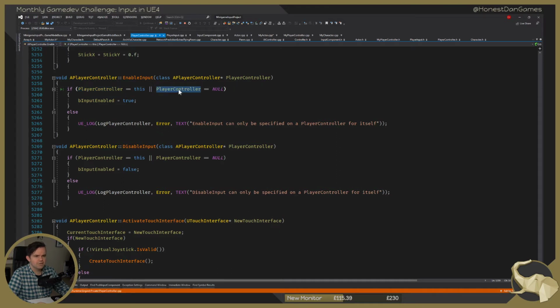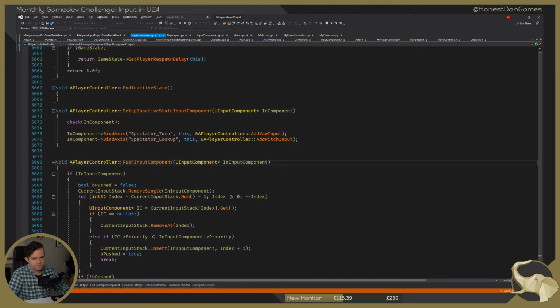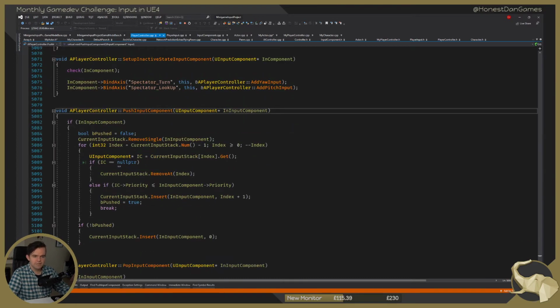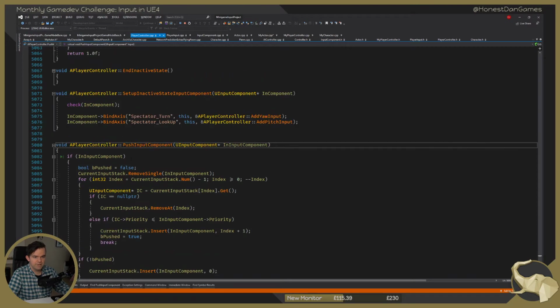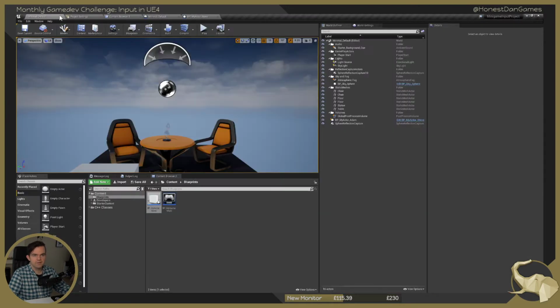So if it's null or it's the current player controller, then you can. Okay, well, we can just call it with null, I guess. It just feels a bit weird to do a function call like that, but we'll go with it. That's not a problem. Okay, so now that we've got this function, if we were to compile and get access to this, we need to try and think how we could